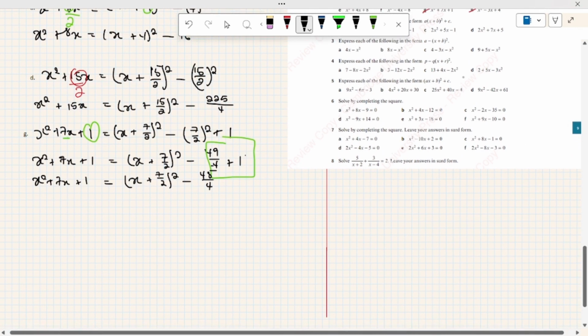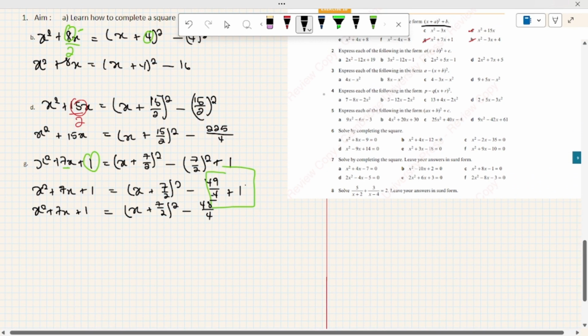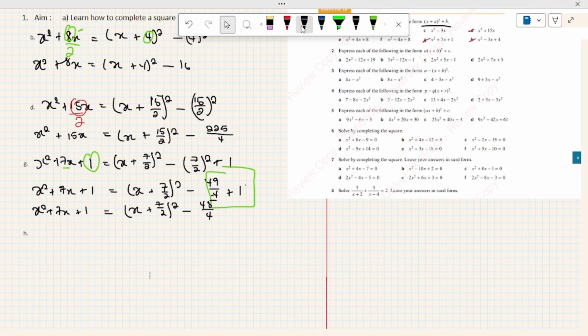The last question we're going to do is H. We're going to do H, guys. So, let's look at H here. What does H require of us? It says, H says